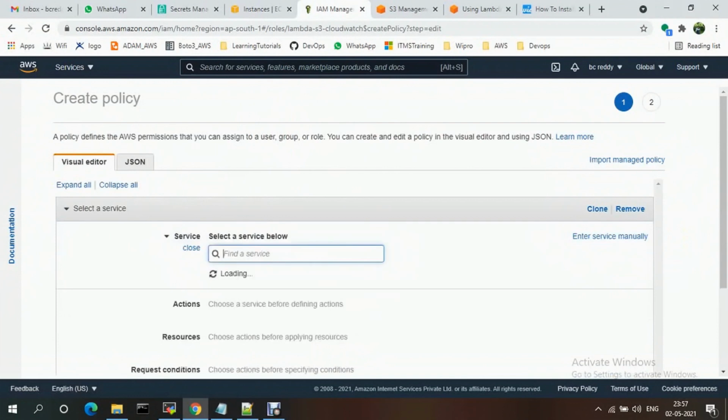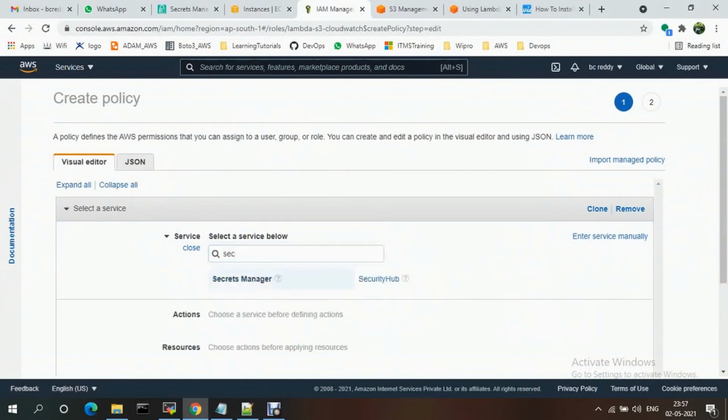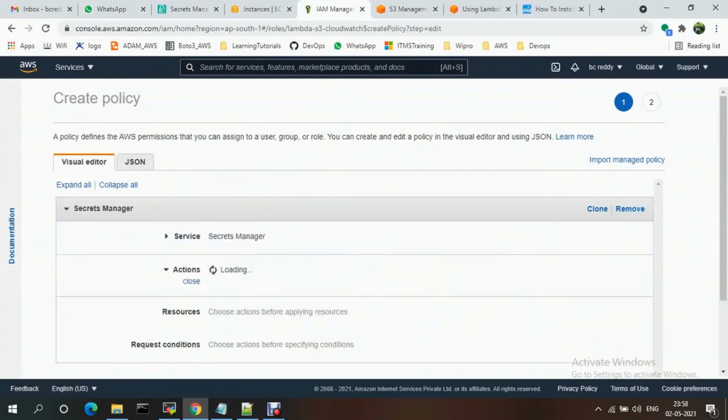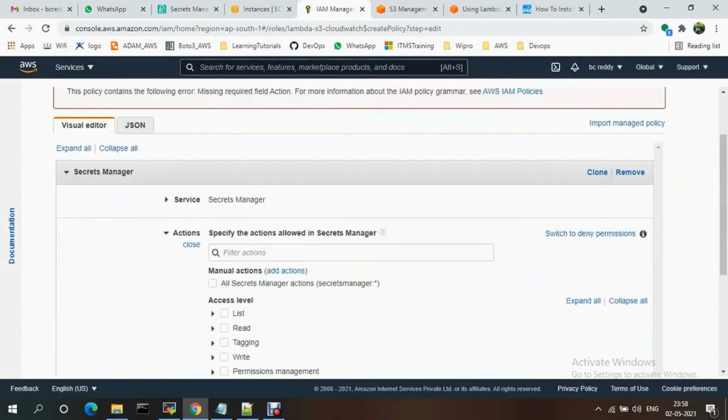Choose service. Just select Secrets Manager. Review. Select all.